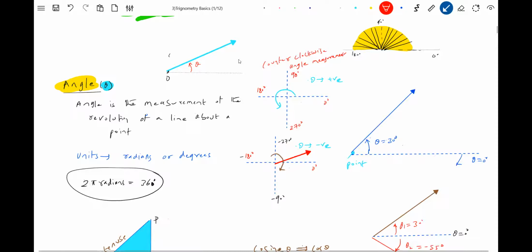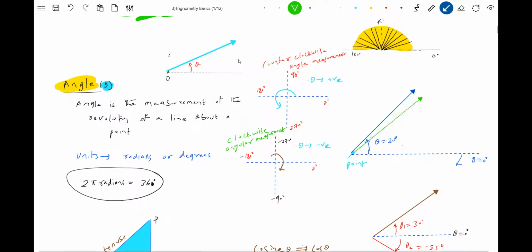So the angle you can measure clockwise or counterclockwise. So this will become clockwise angular measurement. Now this is the reference line, and there's a particular angle made by the line which is rotating about a point. Now you see this. What is the angle finally? It is making an angle of 30 degrees. Earlier it was 0. I rotate this by 30 degrees. So how much did it get rotated? Plus 30 degrees, you have to write it.